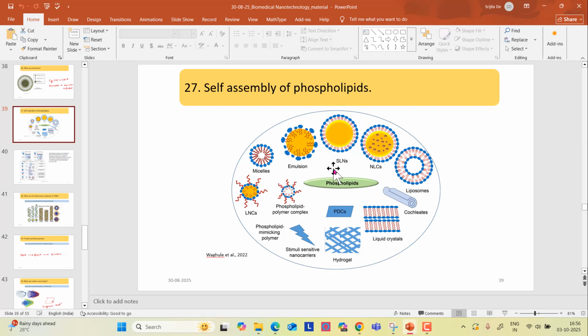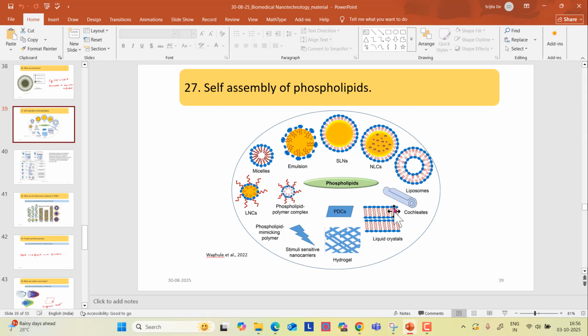When there is a solid particle inside them, that is called solid lipid nanoparticles. Okay, when there are structured solid particles inside the core, this is called nanostructured lipid